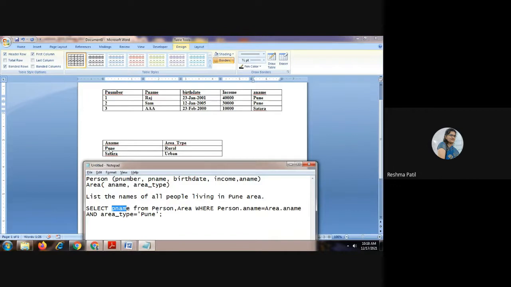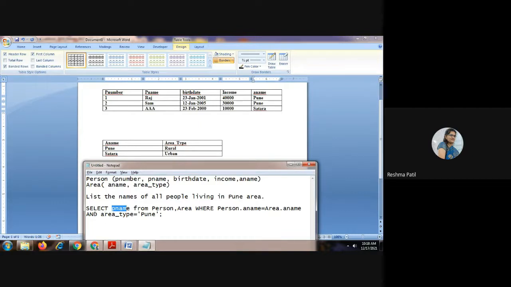Yes, Pune is available, so this record is going to display. Second record is also going to display. Satara is also available, so Satara is also going to display. So from this condition, where person dot area name is equal to area dot area name, all three records are going to display till now.